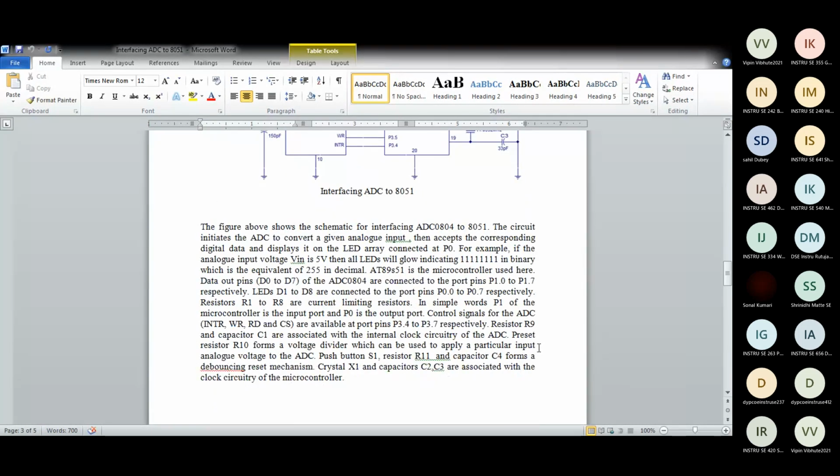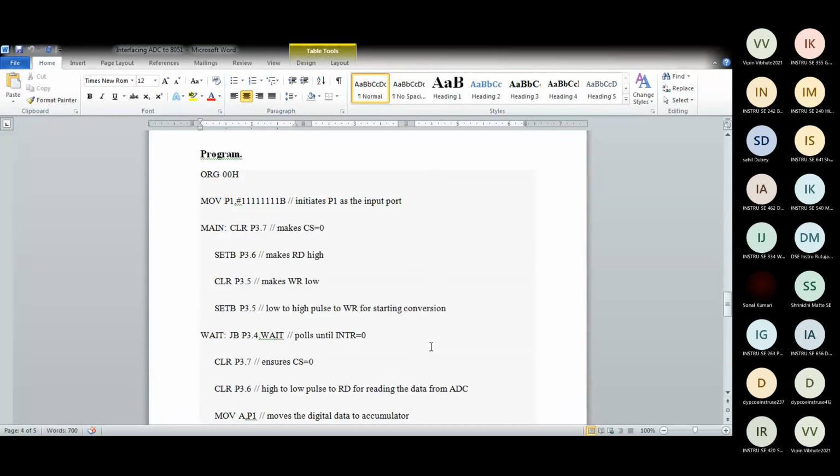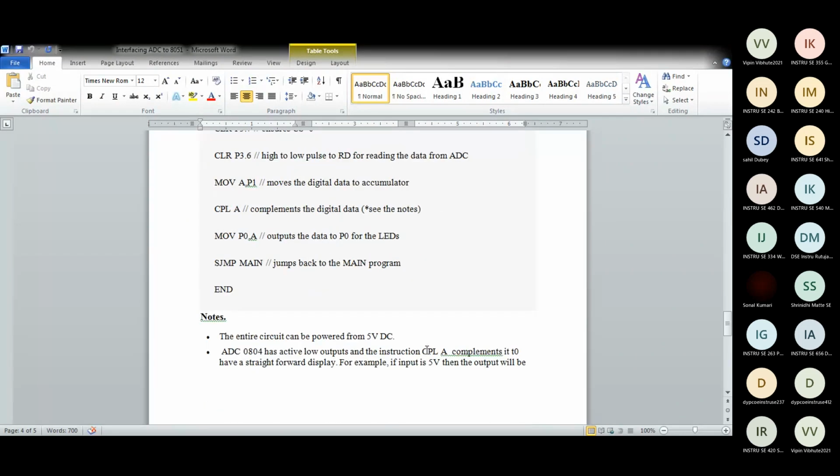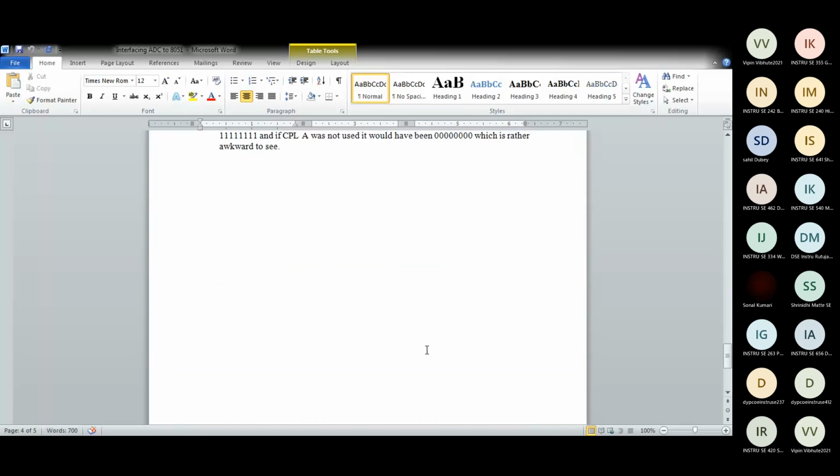All this explanation I've given over here, just go through it later. And this is the program, so you can try it out. But for this you need hardware. You cannot simulate this on software, because you will require hardware, an ADC, and some analog input. These are hardware-based practical projects. Just by simulation you cannot do it. There are methods, but you have to supply an ADC file, an external file, to the simulation software, and only then can you see it.